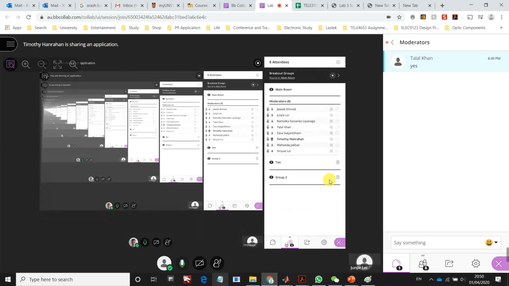Yeah, my concern is if we create a session for each lab demo, maybe other students will join the session, but we don't know if that student is in the list or not. Probably a student who has a marking on Friday could come on Thursday. But we have the list, so we can show that. Yeah, but sometimes we cannot check it, like we don't have time to check the student